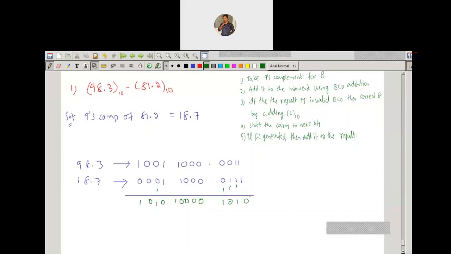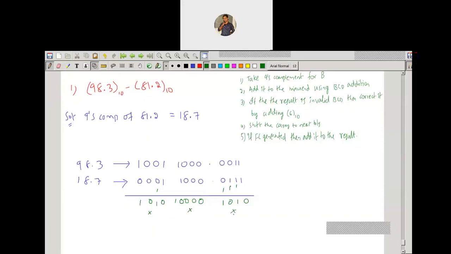Now let us observe which are the valid cases. You have to observe those three cases: whether the sum is less than or equal to 9 or more than 9, and whether the final carry is 0 or 1. Now you can observe the left one. 1010 is what? The sum is 10. So it is more than 9, so it is going to be an invalid case. And here you get a final carry of 1, so it is also an invalid case. It is also 1010, an invalid case.